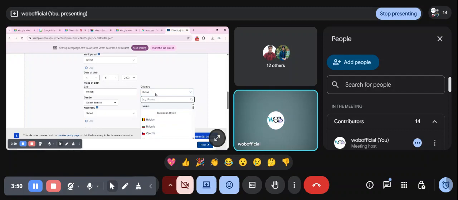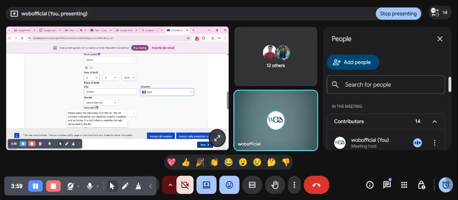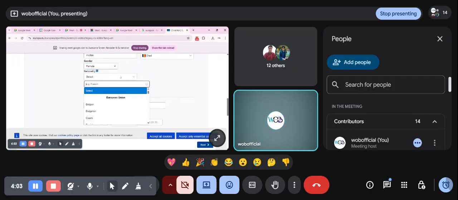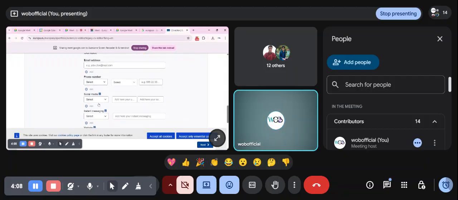Country, I select, for example, random. Gender, like female. Nationality, again you have the random option.